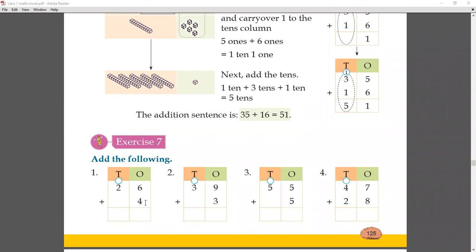Okay, now look at this. 26 plus 4. First, when we add this type of sums, we start from one side. हम कहाँ से start करते हैं? ones वाली side से start करते हैं. So look at this. 6 plus 4. Take your 6 fingers and 4 more and count them combinedly. What is the number? The number is 10. So what do we write here? Can we write 10 here? No, it's wrong. So we write 0 here on the 1's place.